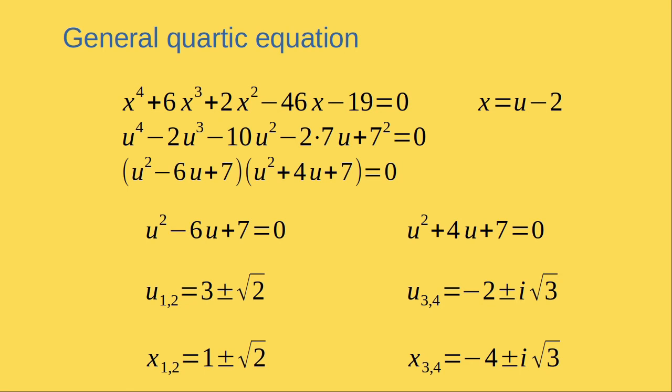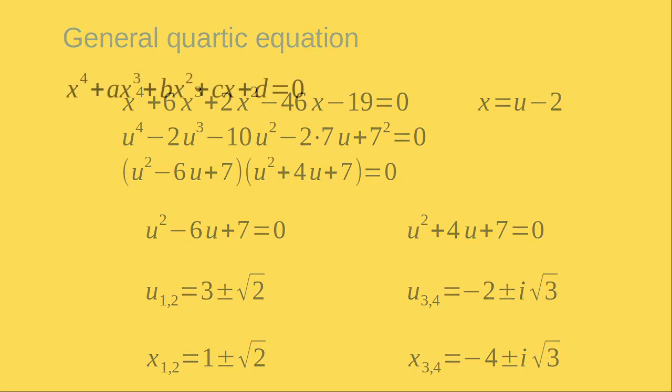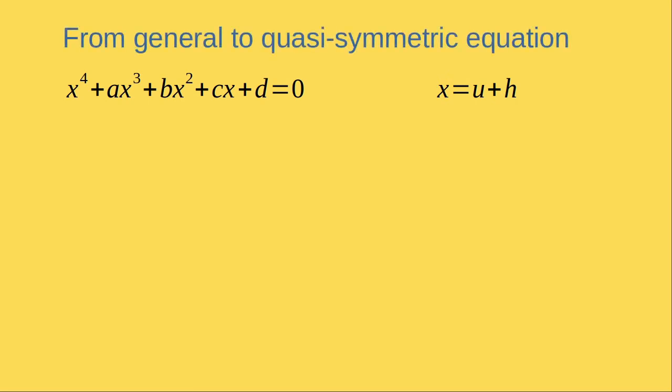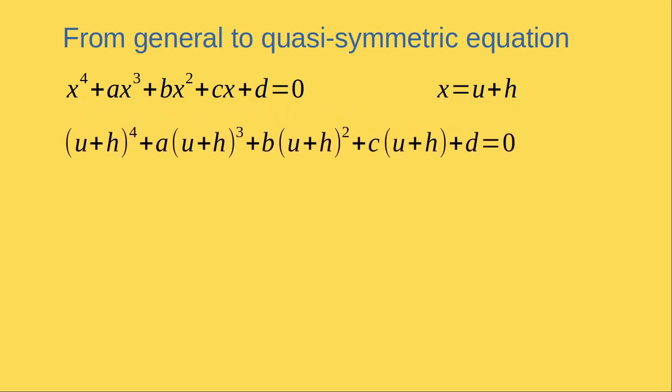So what's going on? Magic? Those of you familiar with Galois theory probably already suspect that behind the magic hides a cubic equation. And indeed, any quartic equation can be turned into a quasi-symmetric one by means of a linear substitution x equals u plus h. To find an appropriate value for h, recall that in order for the transformed equation to be quasi-symmetric,